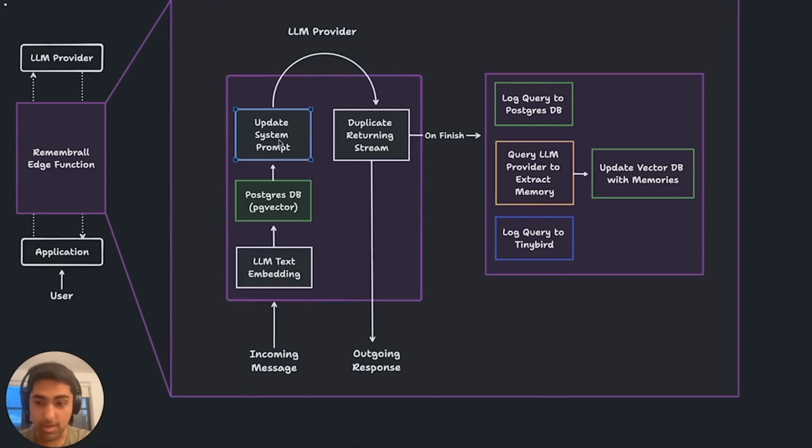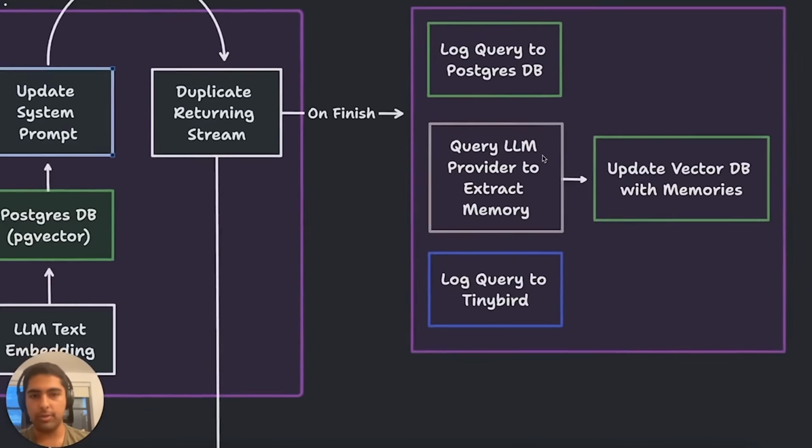Then once the LLM provider responds very quickly with a stream of a response, I do something kind of interesting. Instead of returning the stream directly to the user or waiting for the stream to finish and then returning to the user, I duplicate the stream. I split the returning stream of text into two different pipes. One pipe goes straight back to the user. The other pipe is listened to. And while this pipe is waiting for the response from the LLM to finish, I don't do anything. I just wait. And the beauty of running on Vercel's Edge network and using these Edge functions in Next.js is that while I'm waiting, I'm actually not paying anything for the Edge function execution. So I just wait until the LLM call is finished. And as soon as it's finished, I do a couple of different operations.